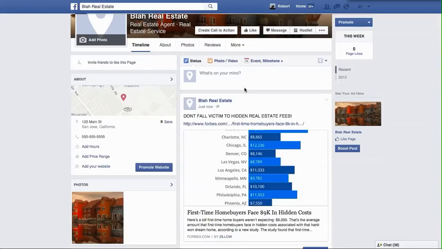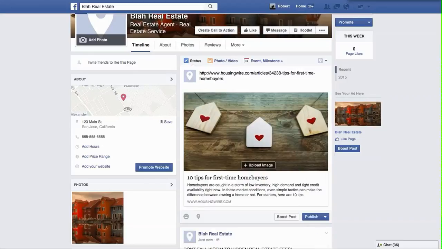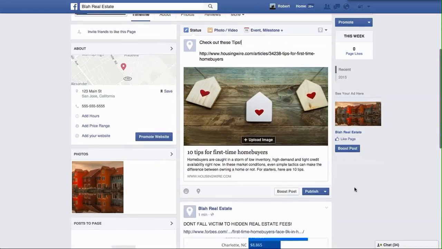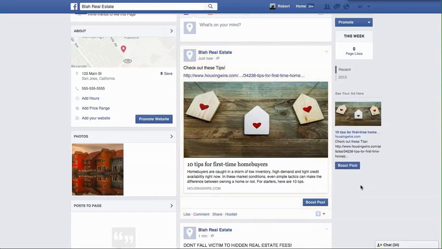Right? So we're gonna just keep going here, and we're gonna copy and paste our link. We get a nice little image here, right? And we'll get our headline. And the headlines should have some sort of call to action, right? Check out these tips. I'm telling you what to do. I'm telling you to come here, and I'm telling you don't fall victim to this, right? We want you to read these, we want you to see these, and we want you to engage with these,